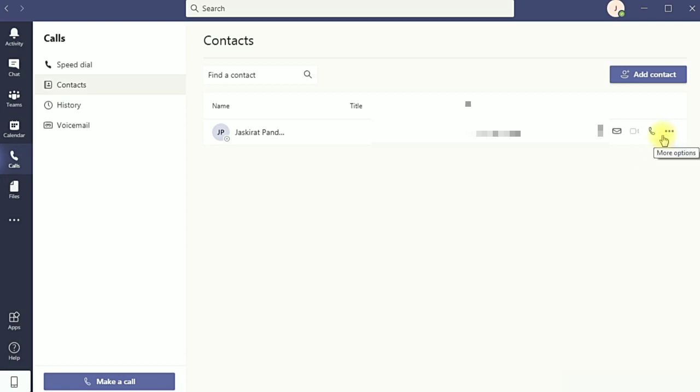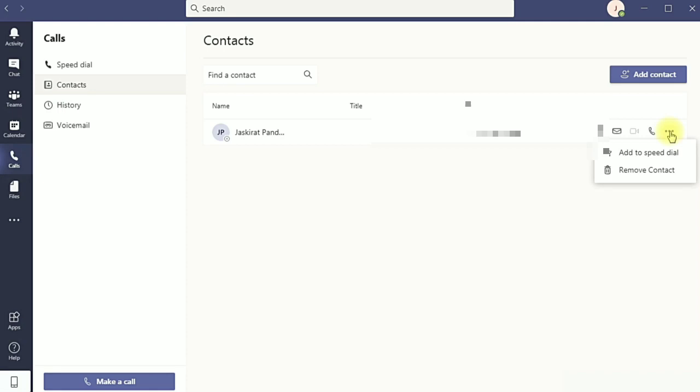As I told you at the start of this video, if you are using a free or trial version of 365, or any business E1, A1 or any such account, you will not get the block option here. If I click on this here, because I am using this trial version, I only have two options: add to speed dial or remove contact. This is only because I am using the trial version, and currently there is no block option for the trial version. You have to pay for the subscription if you want to get this block option.